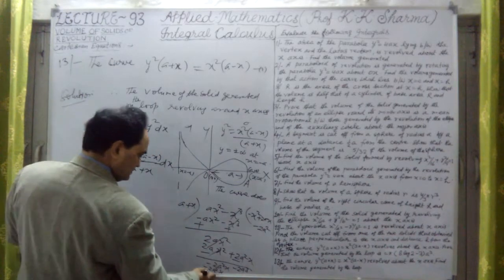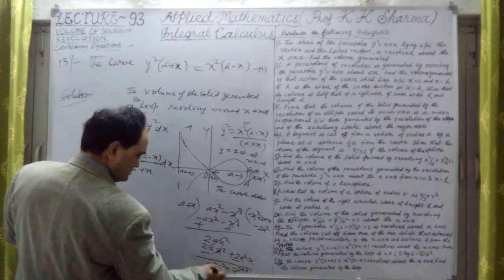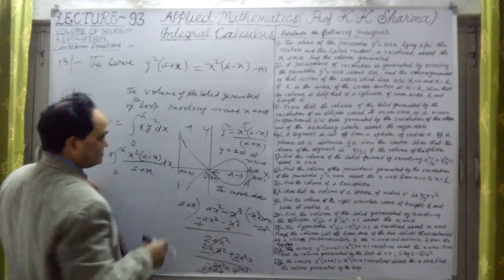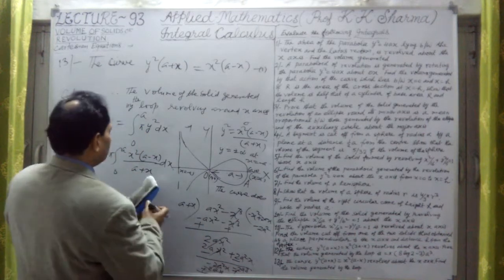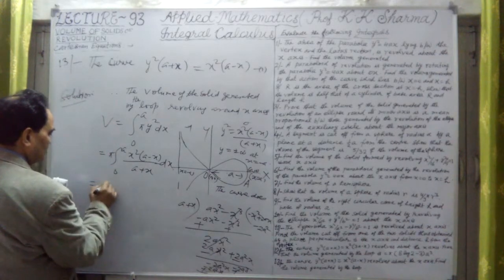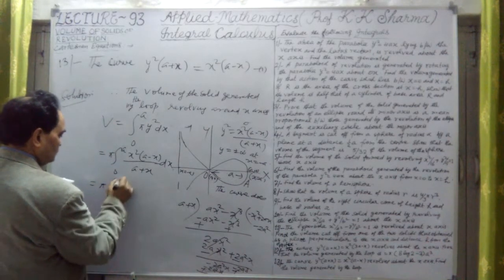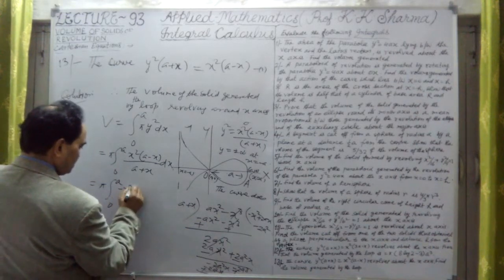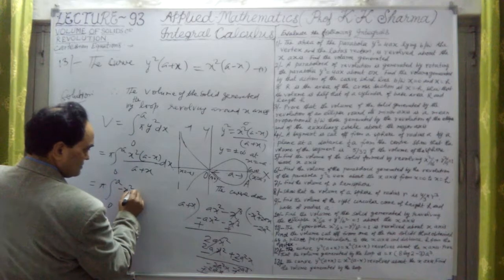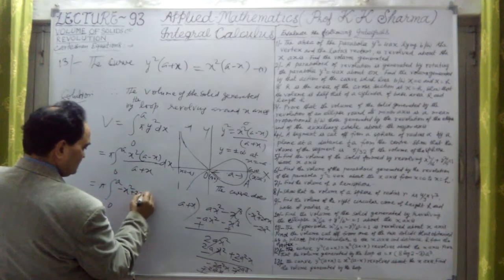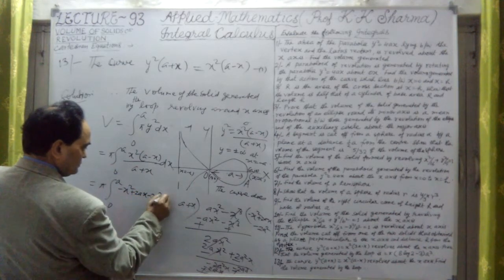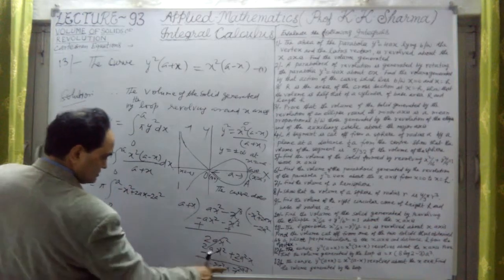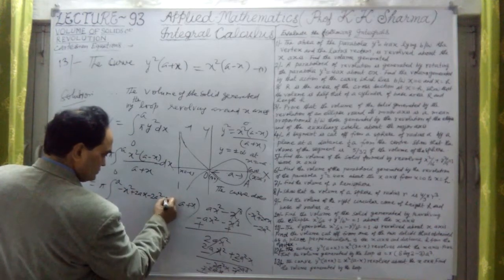Now subtracting, this is plus sign, this is plus sign. These two cancel out, and this is left over. So finally, what is left over? Let me take pi, 0 to a. What is the quotient? The quotient is minus x square plus twice a x minus 2a square. This is the quotient. The remaining value is plus 2a cube